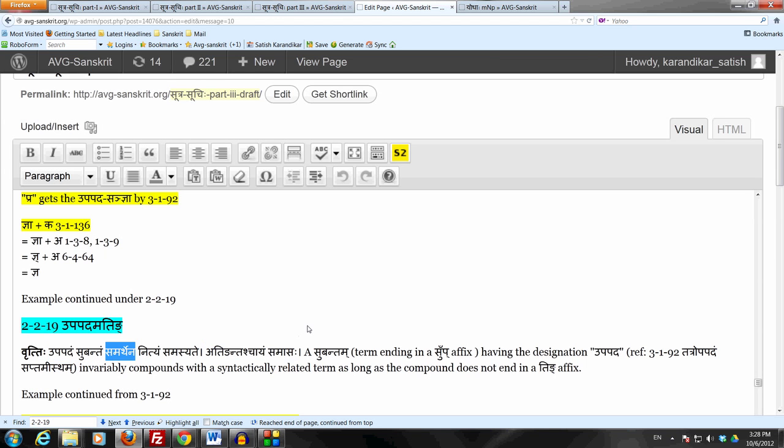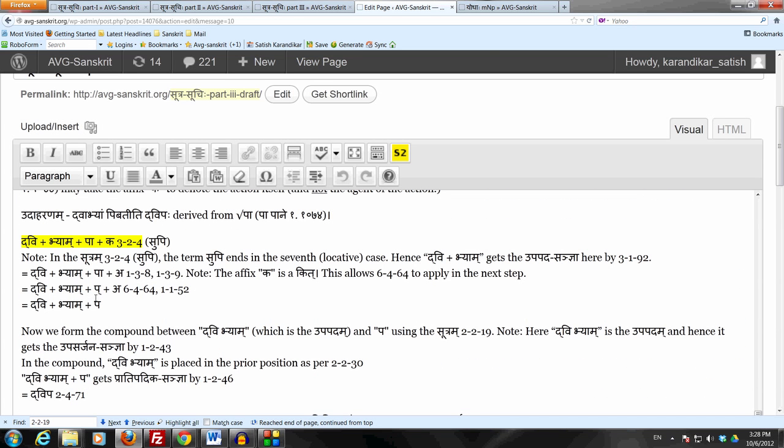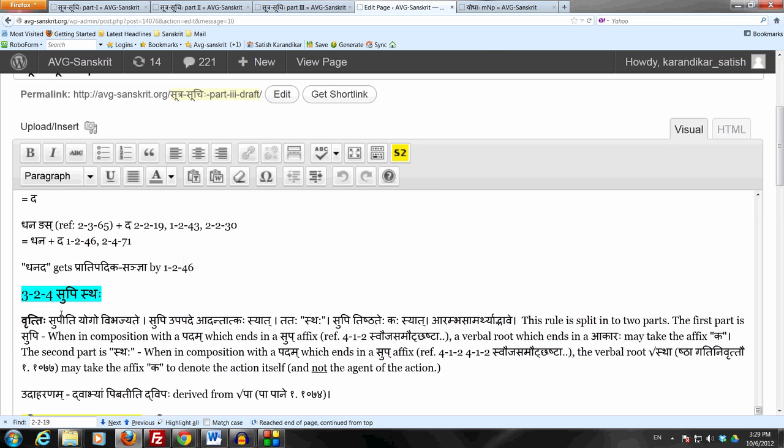So in this case we are taking the term pa. This pa is not a subantam, but it is related to dvibhyam. So we form the compound using upapadam ating, and then we follow similar steps. We remove the bhyam by the sutram 2471, supo dhatu pratipadika yoho, and then we get the pratipadikam dvipa. And this will be declined like rama shabda, and the masculine dvipaha, etc. Dvipaha will be the prathama ekavachanam. So that is how we get the form dvipa. Now this is where we use the first sutram, which is supi. Now the next example we're going to take is where we use the second sutram, which is sthaha.